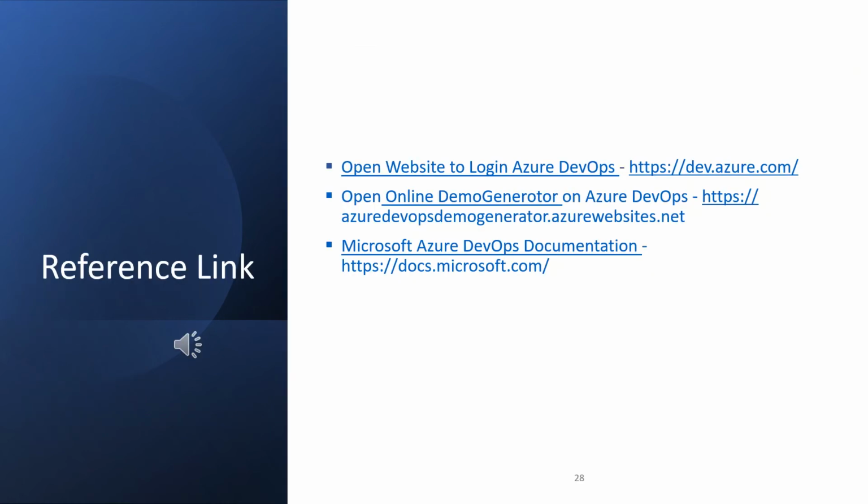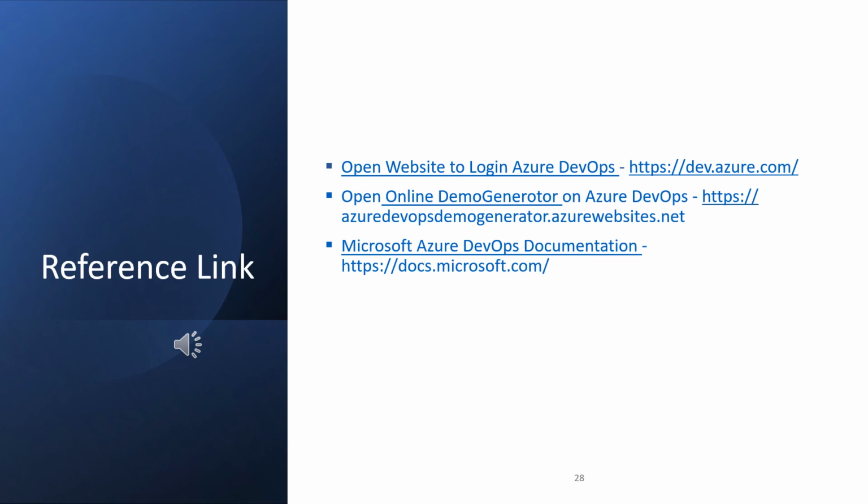We are going to the reference links. Here I have given you links; you can move to the index if you need to review any slide. When you click on how to start with the Azure DevOps board, you will get a login link, and you can click and it will navigate to dev.azure.com, and then the demo generator will show you how you can create your Azure boards with Parts Unlimited and Agile portfolio planning and project management.